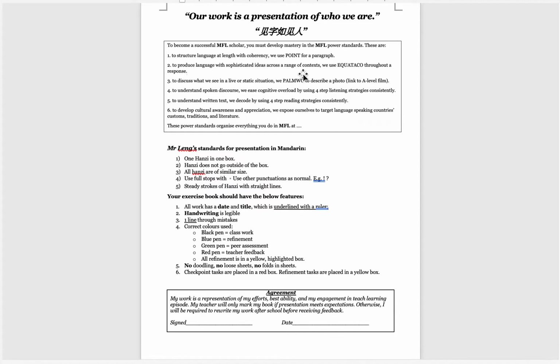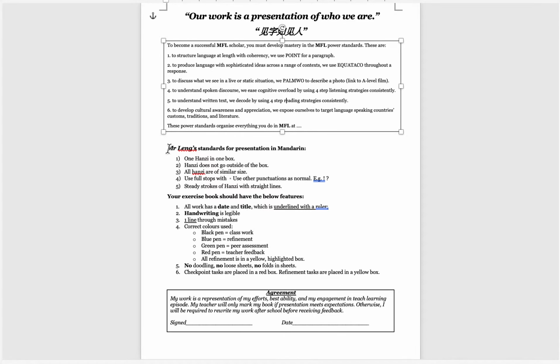I'm not going to spend too much time on the first one, and these are how to be successful within our department in a specific school. Now, your school might have different success criteria. You can copy and paste in that box as a reminder for the students. Okay, these are the things we can do to be successful. So this is not purely on the book presentation. I repeat, this first box is not about book presentation. It's how to be successful as a Mandarin learner or as an MFL learner in a specific school's context, as your school will have your own power standards or success criteria. It's an overarching, empowering tool at the top.